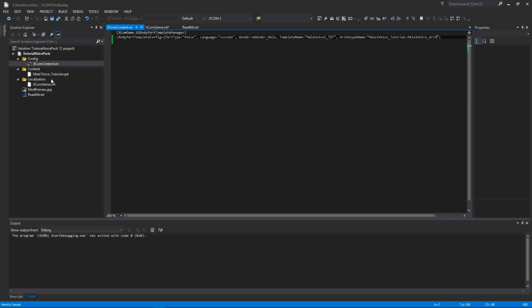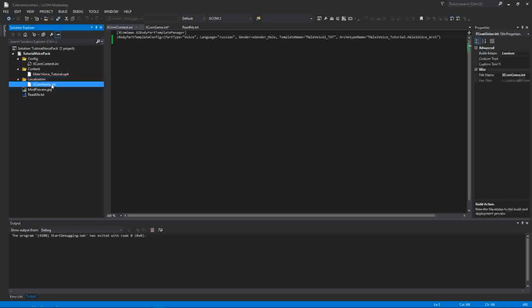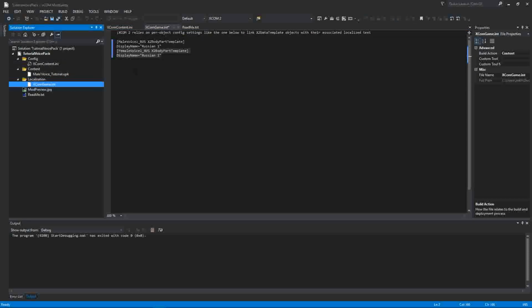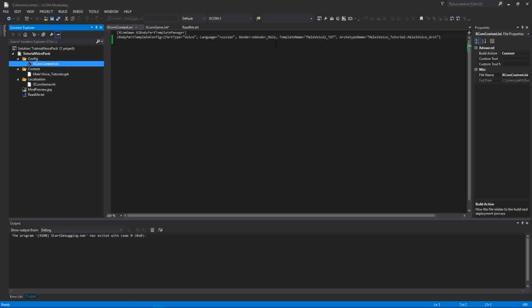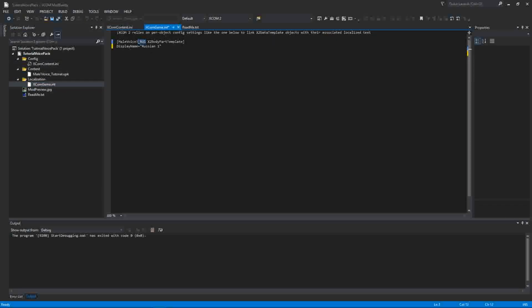Let's save that. We're also going to need to go down here to the localization folder in the XCOM game.int. Again, there are two different sections here, one for male, one for female. I'll delete the female one, and up here is going to be the template name. That template name that we used on the XCOM content is going to be male voice 1_tutorial abbreviated. So I'm going to go ahead and change that, copy that, and paste that right here. And then the display name is what shows in game in the voice selection categories. So we're just going to call this tutorial voice